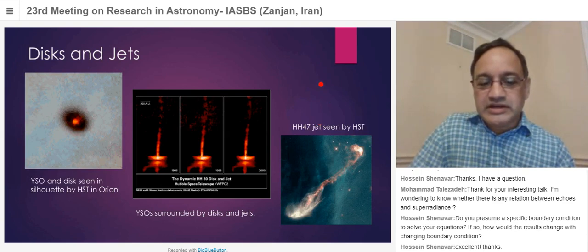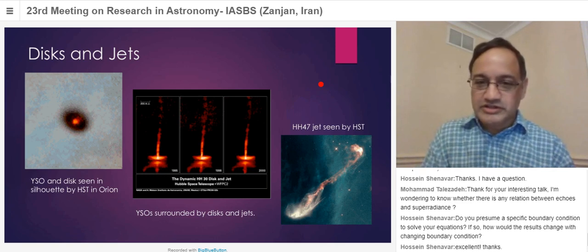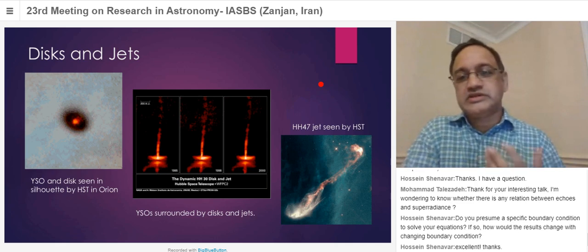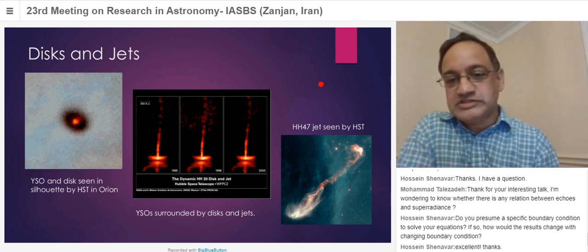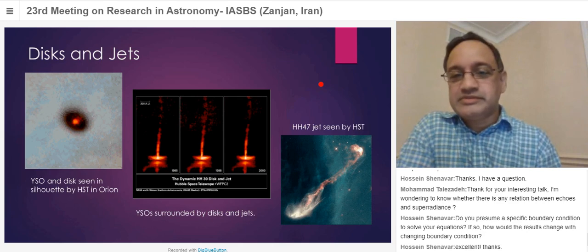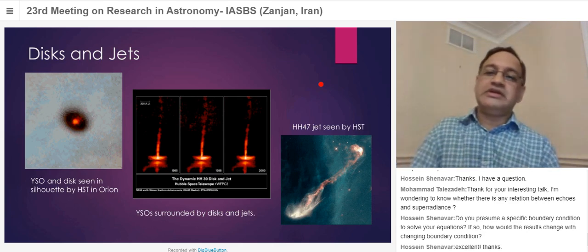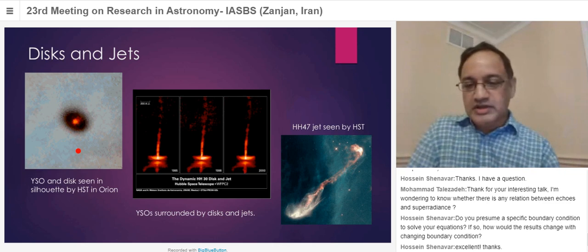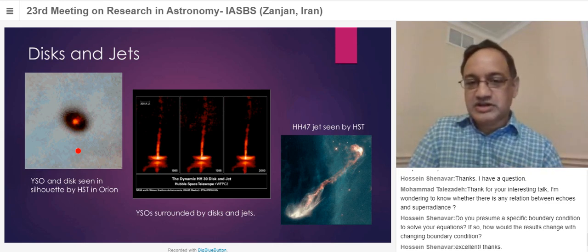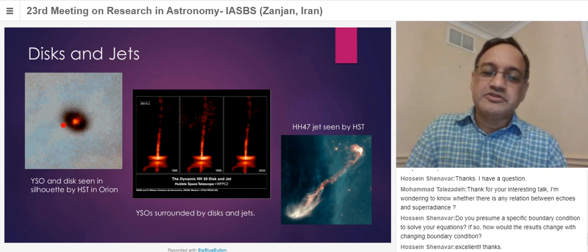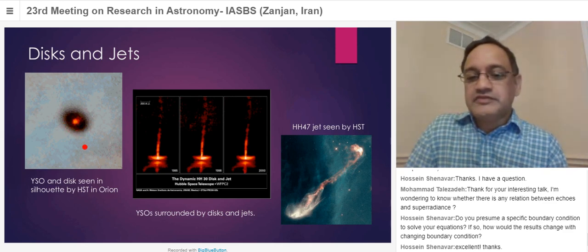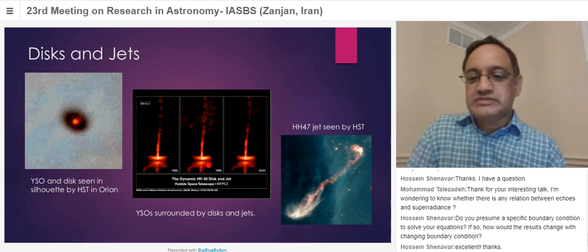Now, believe it or not, disks around stars were actually not observed until the 1990s. They were, of course, theorized based on just the way that our solar system looks. But it was the Hubble Space Telescope in the 1990s that really took the first image of a disk, here on the left, seen in silhouette in the Orion Nebula, where there's so much ionizing radiation behind the disk that you see the disk as a dark oval due to absorption by the dust, and you can see the central star in optical. If you catch a different protostellar disk system edge-on,